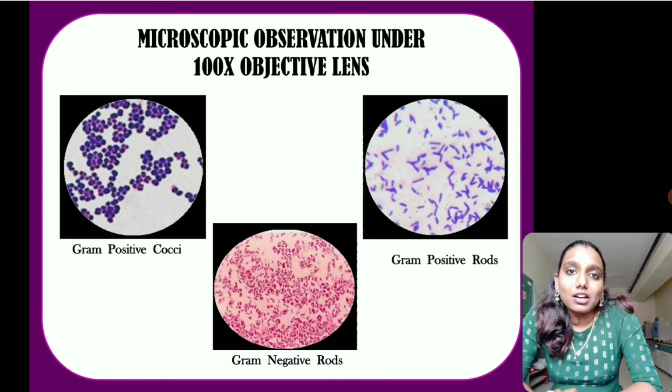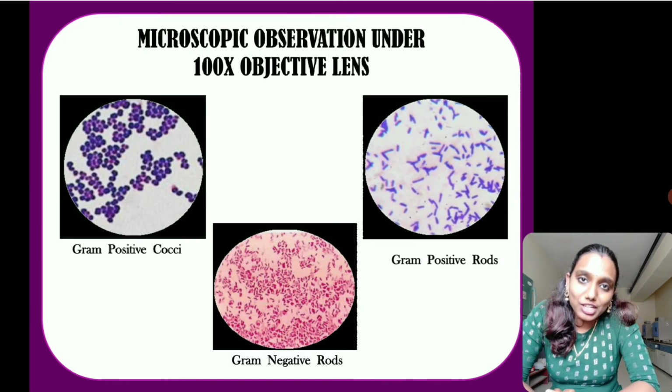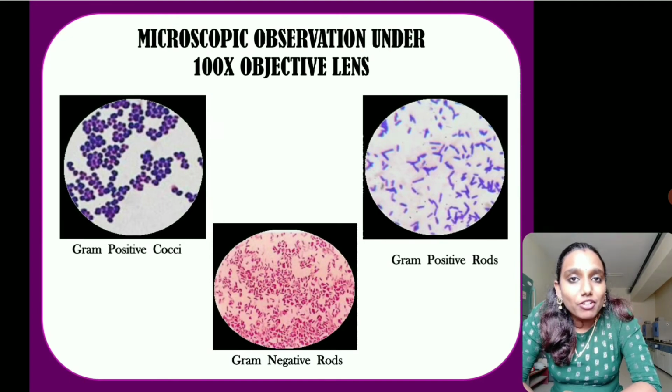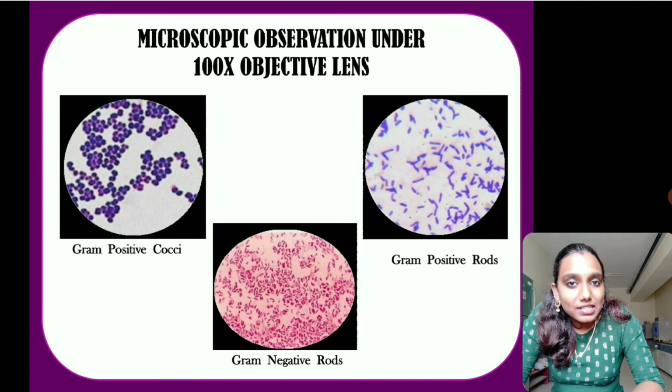Let us look into some of the examples of gram-positive organisms and gram-negative organisms. Examples of gram-positive organisms are Clostridium, Bacillus and Staphylococcus. Streptococcus is also gram-positive. If you look into the gram-negative organisms, E. coli is a gram-negative organism. Shigella and Salmonella are again gram-negative organisms. Certain Enterococcus species, all of those are gram-negative organisms.